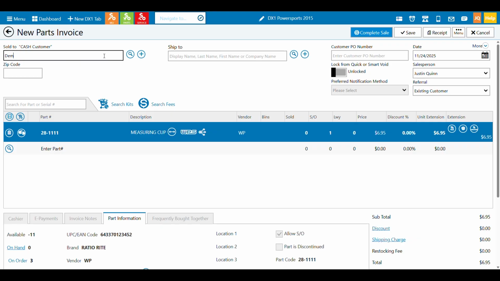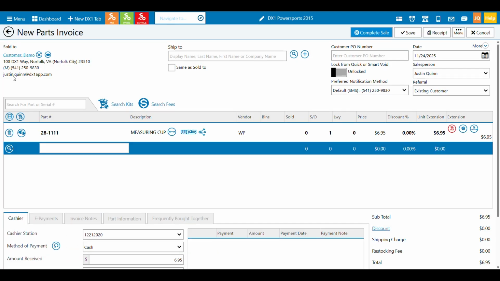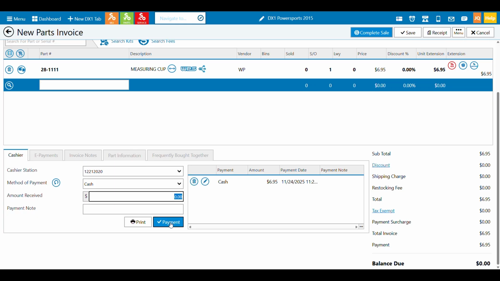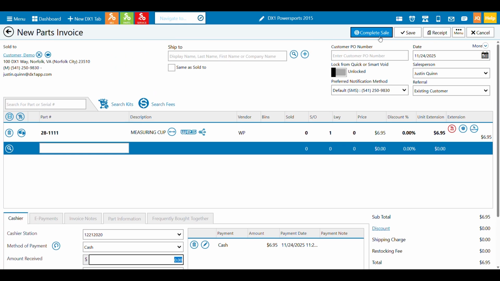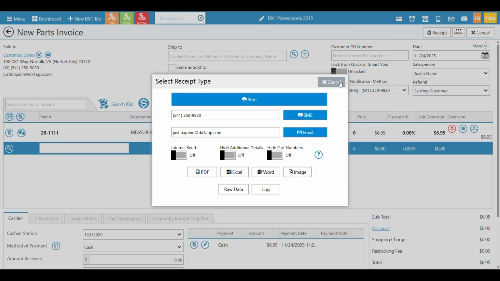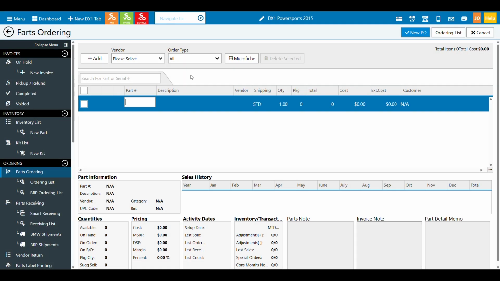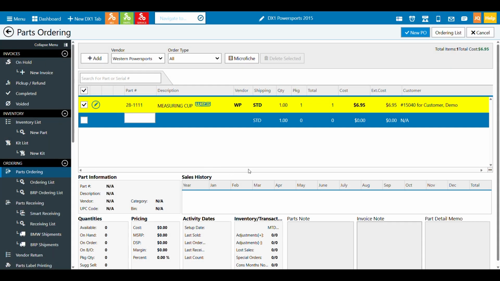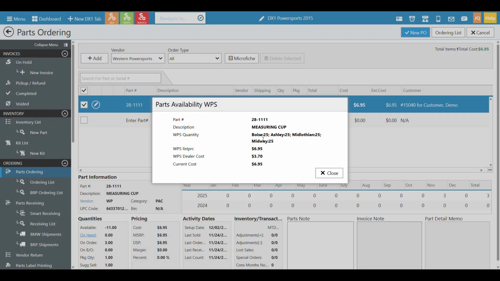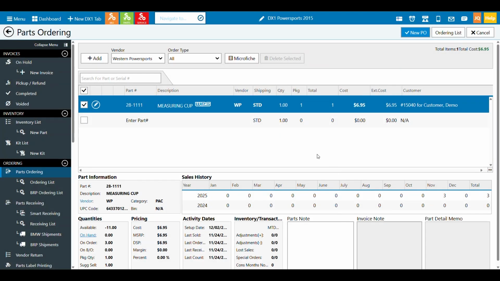Okay, now if we add that customer and we go to special order it, the second place we'll see this integration is if we complete sell here and we now put this part into the ordering screen in DX1, and we'll go over here to ordering. We'll go down to WPS. We can also see that that icon is located here in the ordering screen. And again, this just allows you while you're building orders to take a look at the information, make sure if you're ordering parts that they're in stock and you're going to get them, etc. Now, that's the first integration, parts availability. Again, you can see the icon here on the ordering screen and in a parts invoice.